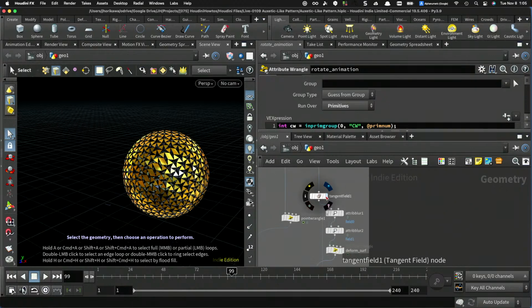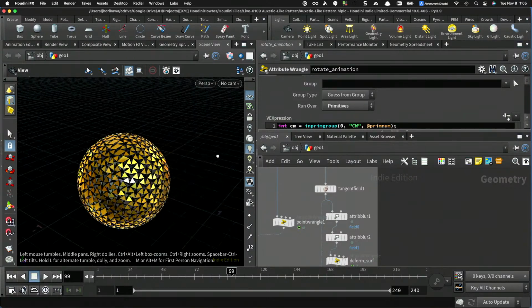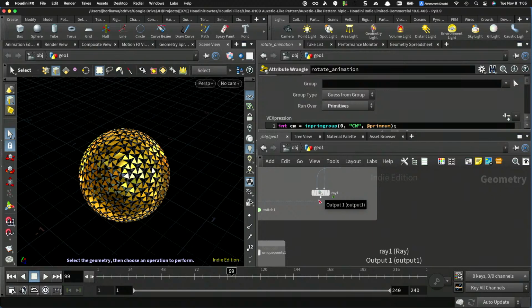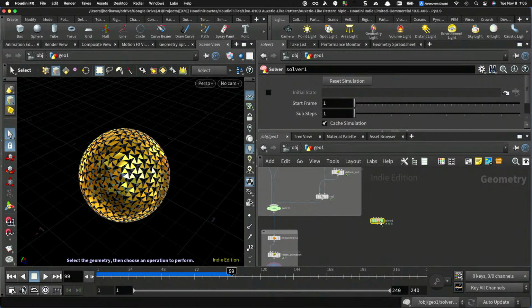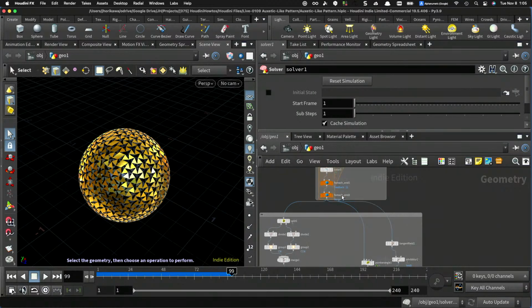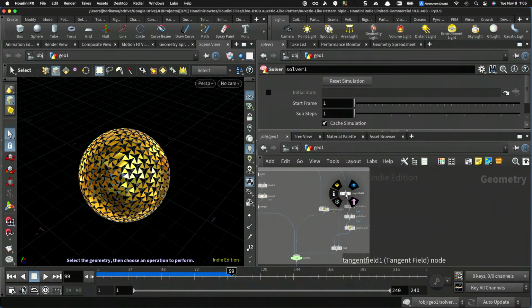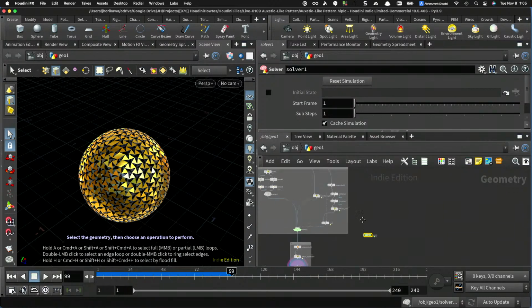Maybe for that I could probably use this tangent field or maybe a random noise field to travel through the surface. Maybe that could come from the solver to make it a bit more interesting. I don't know. Maybe give a solver. And since the tangent field is a bit too slow, I'm just going to use a noise field, maybe curl noise, something on top of the surface. Right, so